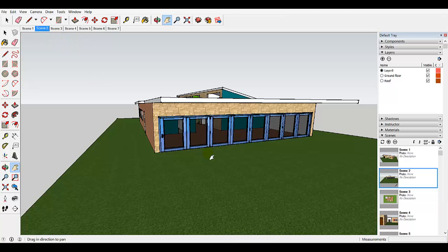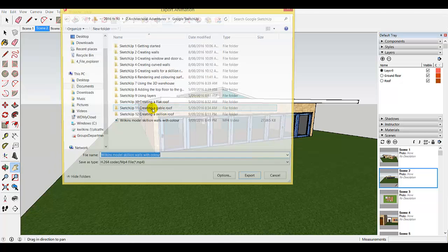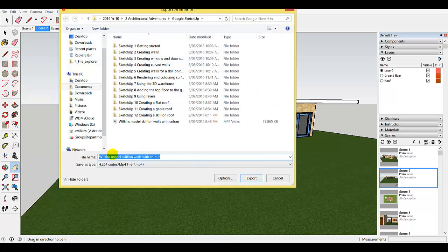So once you're happy with the animation, and you can play around with it a bit more, there are other tutorials about scenes on YouTube, so please have a look if you want to know some more expert level things. The final thing you need to do is export your animation. So to do that, you're going to File, Export, Animation, and we're going to choose Video and give it an